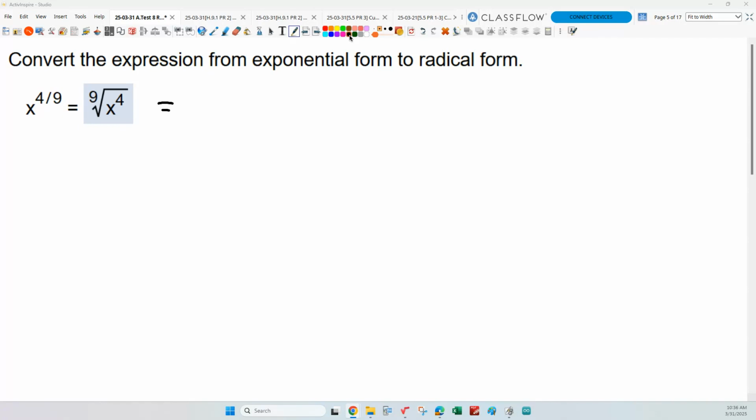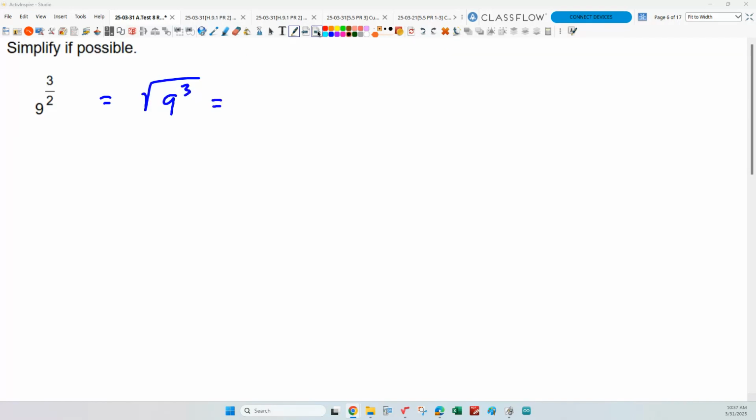Did everybody get that? We also could have chosen to take the 9th root of x first and then taken it to the 4th power. Either one is fine. This one's a little easier to write. That's probably what I would choose for this answer. But in this case here,